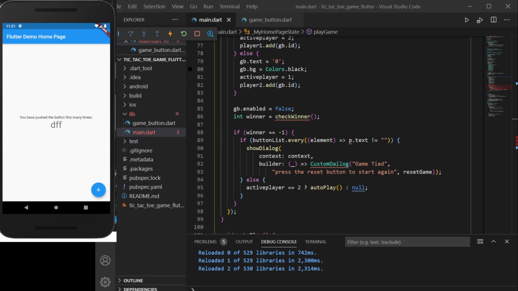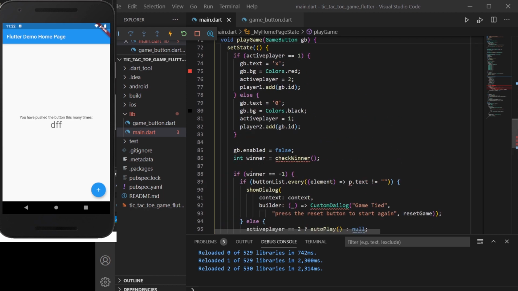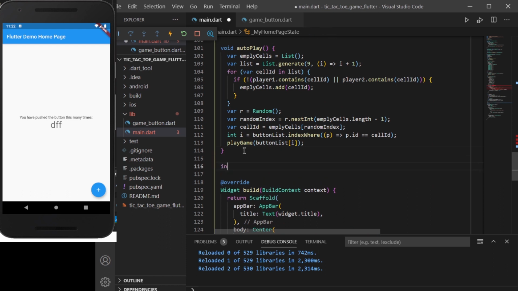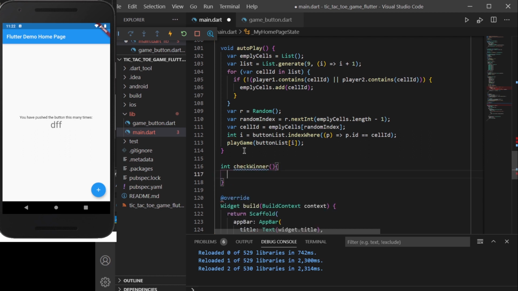This check winners function is returning an integer, so we are assigning it inside this integer variable. So the return type will be set to integer and the name will be check winner. Initially the value of winner will be equal to -1. That is the reason we have assigned a condition above which checks if the value of the winner is equal to -1 or not. Next we will be checking if player 1 list contains, yeah, I need to set it to player 1 list dot contains